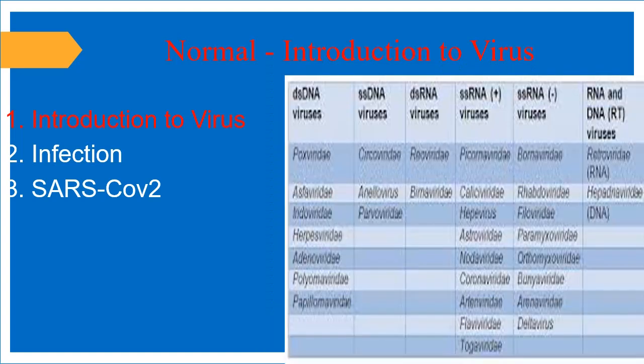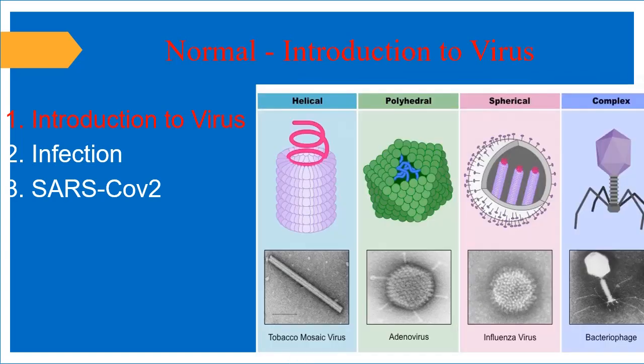In the world only nucleic acid can form the proteins it needs and therefore is called the molecule of life. Nucleic acid can be DNA or RNA. Thus virus can be DNA or RNA. DNA viruses are usually double-stranded but can be single-stranded, whereas RNA viruses are usually single-stranded but can be double-stranded. The nucleic acid is intermingled with protein called the nucleocapsid. Some of the virus have a lipid envelope and are called enveloped virus, whereas others do not and are known